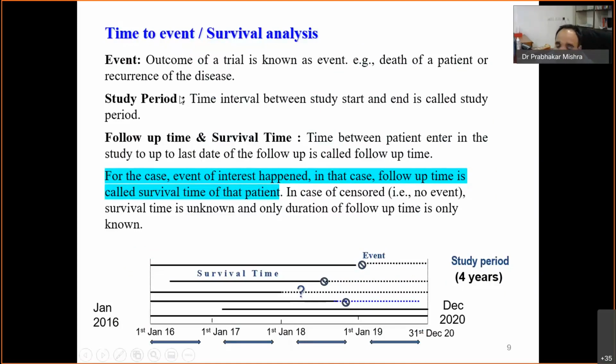First is event. I already discussed it. First we have to define, in our study, the event, whether death is our event of interest. It means if death is the event, then our survival analysis is called OS, overall survival, or event free survival. If we are talking about event free survival, usually the meaning is death free survival. And recurrence is also an event,